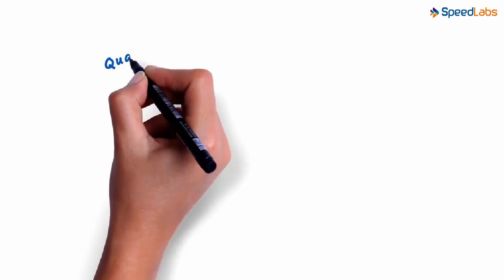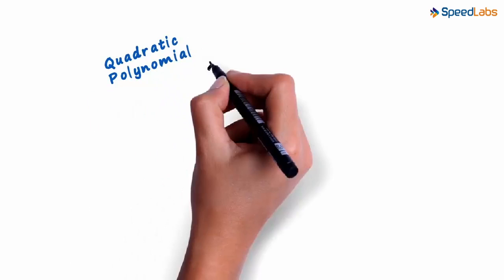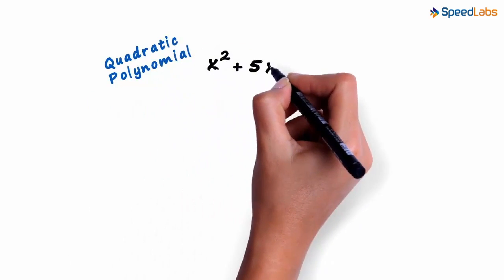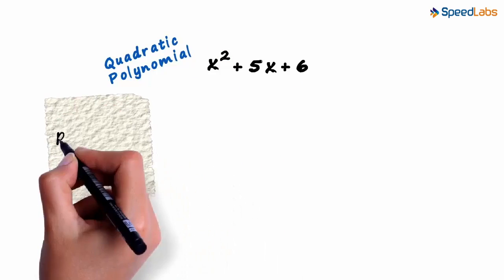Now let's see how we can find the zeros of a quadratic polynomial. Consider the quadratic polynomial x squared plus 5x plus 6. A quadratic polynomial is a polynomial with degree 2. In the previous videos, we have seen how we can find the zeros of a first-degree polynomial of the form